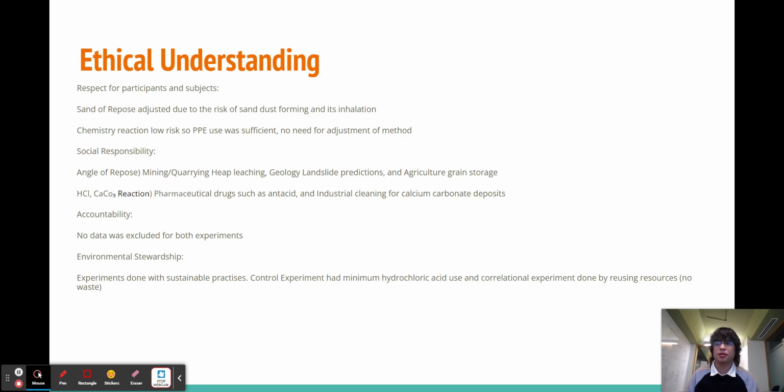For impacts of the control chemistry experiment, calcium carbonate is a common ingredient in antacids. So understanding its reaction is crucial when seeing how it reacts with stomach acid to design effective treatment for indigestion and acid reflux. Hydrochloric acid is also used in industrial cleaning and is used to remove calcium carbonate deposits from boilers and heat exchangers. For our accountability, although the data could be unreliable through human error,